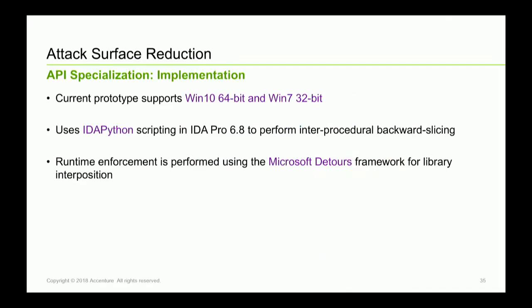So the prototype we have is Windows-based, no secrets, we're using IDA. And the enforcement is done with Detour. If you never used Detour, never heard of it, I don't think it's open source, but it's free to use for academic licenses. Basically, every time you enter one of the functions you care about, it inserts a trampoline instruction, and then it jumps to your own implementation. So that's a very nice way of doing library interposition on binaries for Windows, because there's no LD_PRELOAD on Windows, unfortunately.